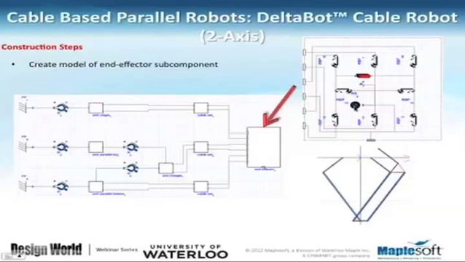So we have considered the mass of the rigid component, and then we have added again links in order to identify and locate the location that the cables are going to be connected to, and then we have turned that into a block that can be connected directly to the cable sets that you saw before. So these lines that you see here are the lines that are connecting the end effector to the cable set through those universal joints that you saw before. So at the end, we have the overall model of the cable robot, 2-degree cable robot,